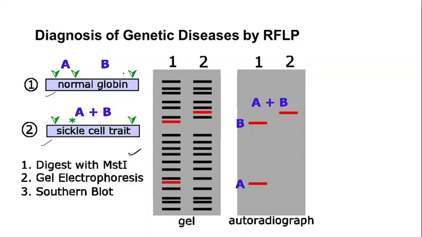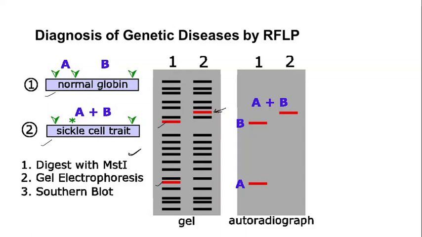Okay, so after digestion with MST1, we are going to get 2 fragments. These 2 fragments are A and B. Here, if you see, A and B fragments are obtained, while in case of sickle cell there is a mutation. Because of that, the cleavage site for MST1 has been removed or maybe modified, so that the enzyme is not able to cleave at this particular site. So what will happen? Only one fragment is obtained in case of disease condition.